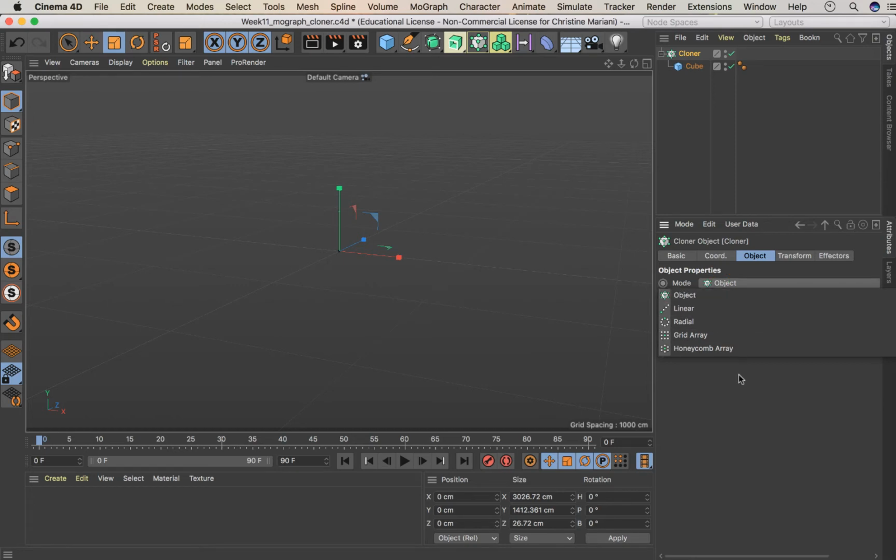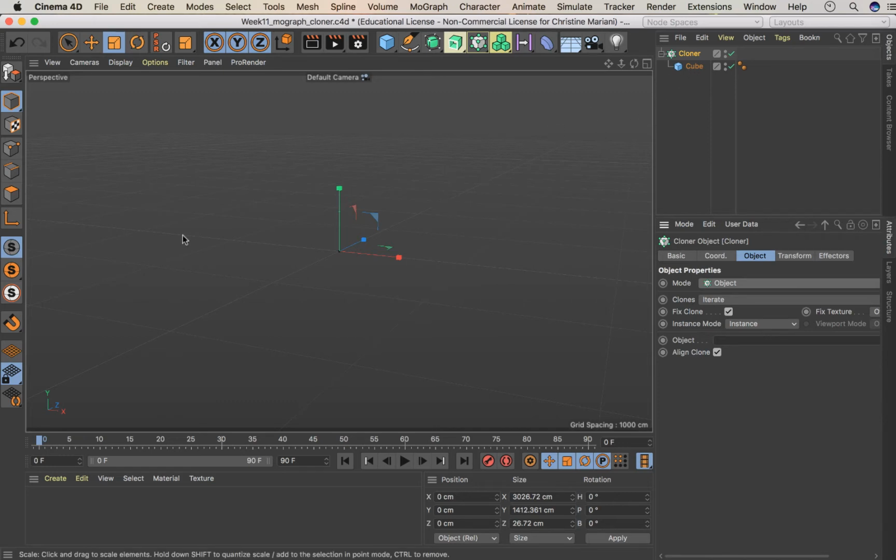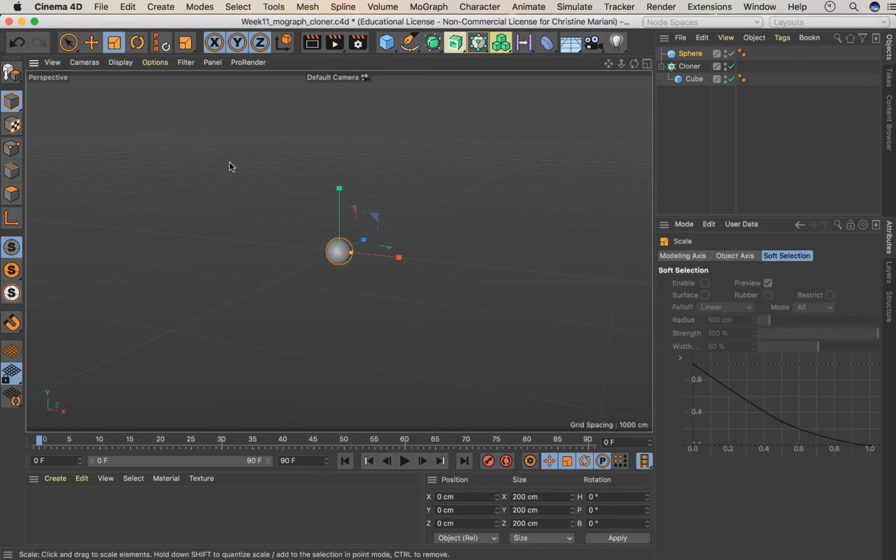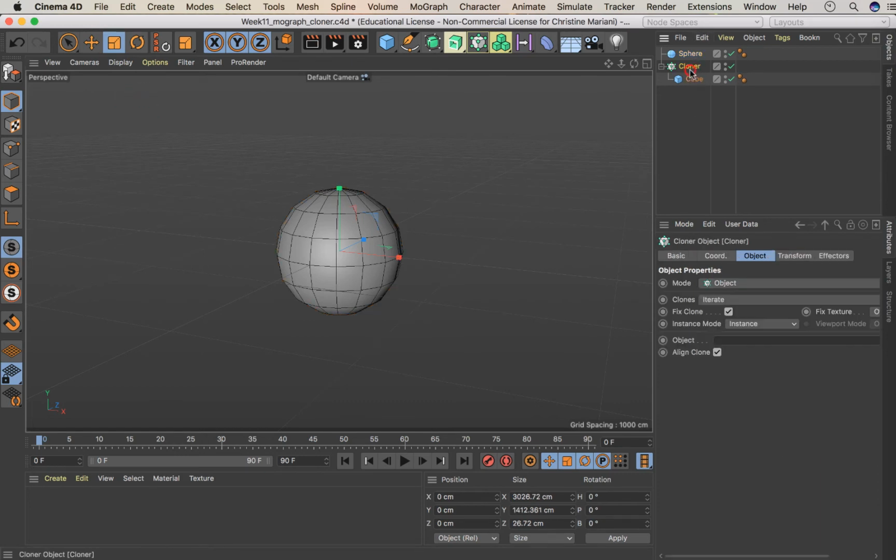but it's definitely a very interesting one. It's not quite like the others. The object mode is if you want to clone this shape onto another object. Super interesting thing to be able to do. So if I had a sphere and I wanted to cover this sphere with all of those little cubes, okay, I could come in here to my cloner,